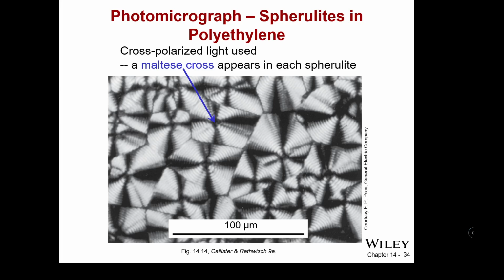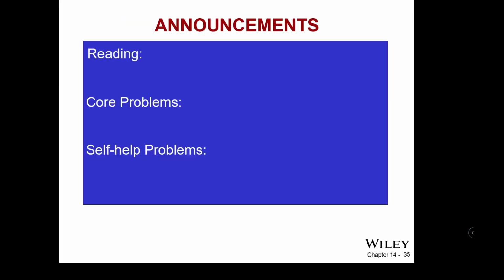So there's typically in optical microscopy a Maltese cross-like pattern on spherulite because of the physical shape of the geometry. So a lot of information, very important information,